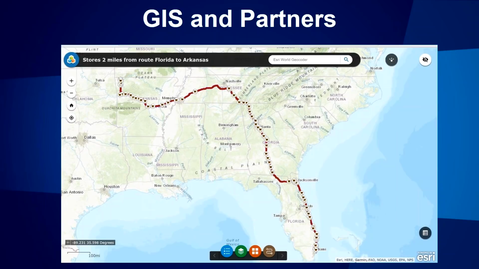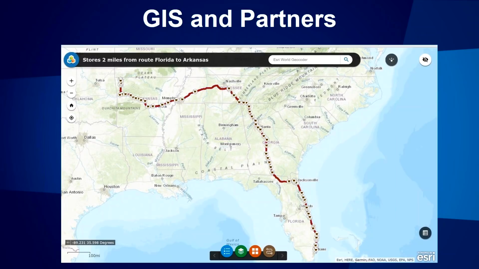So another thing we're doing is looking at partnerships in the scenario where we sent resources from Florida to Texas. Let's say that we're sending resources from Florida to Arkansas for a tornado. Along the way, those resources are going to have to stop for fuel. They're going to have to stop and resupply. They may need large parking lots somewhere to stage overnight, to rest up and things like that.